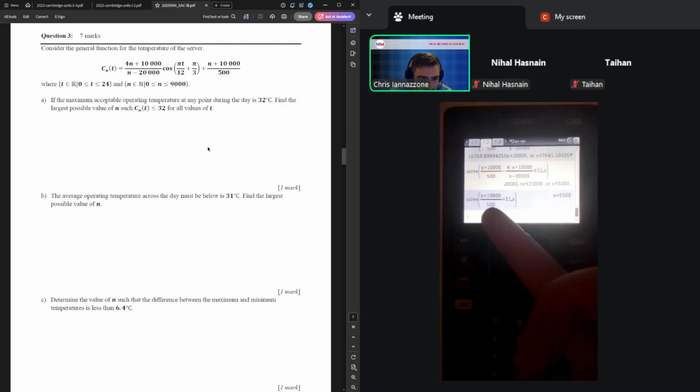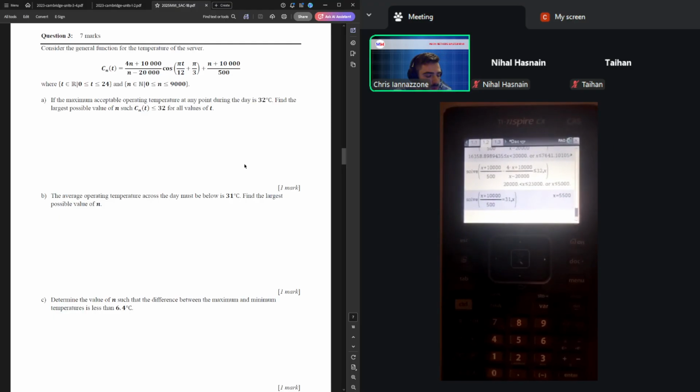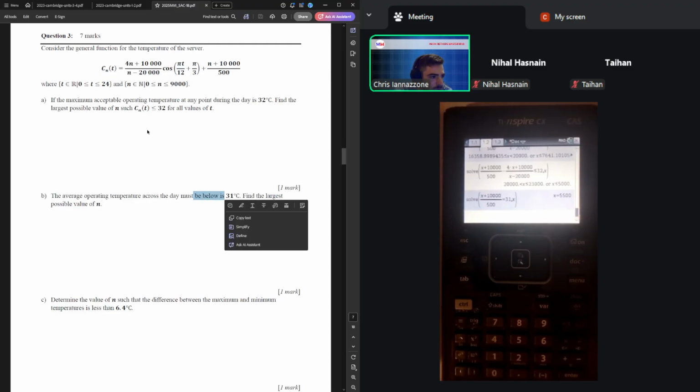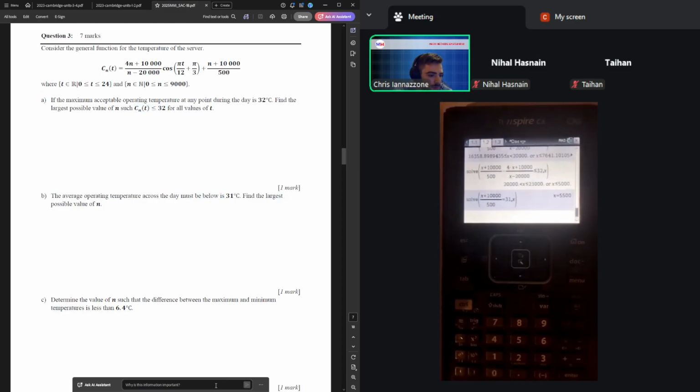This is basically linear, so there's not too much that would cause us to think too hard for this one here. In order to be below that, the largest possible value of n would technically be 1 less than this, because it says below, not below or including. In part A it had a less than or equal to sign. This one said below, which